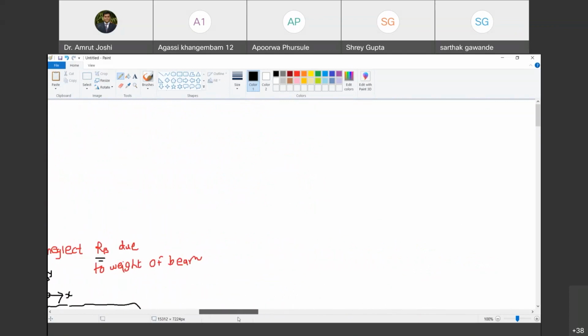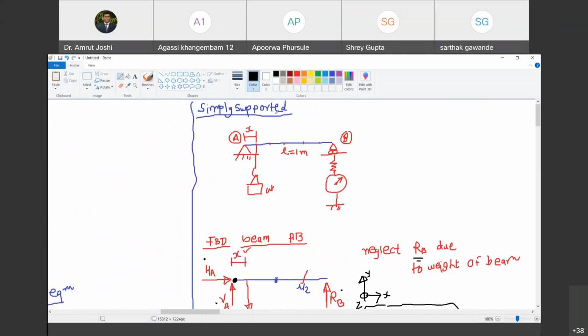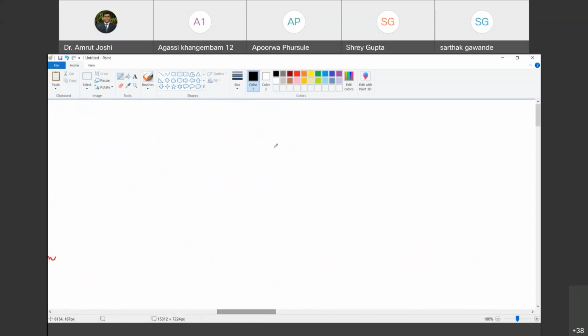And now the last part of the experiment. This was a simply supported beam, and now we are going to have a compound beam. Are you with me? Yes, sir. Compound beam. So a compound beam is a combination of two simply supported beams. So you have a first simply supported beam which is hinged here. This is a roller support here, but instead of resting on a support here, it will rest on the other beam. Are you with me? Yes, sir.